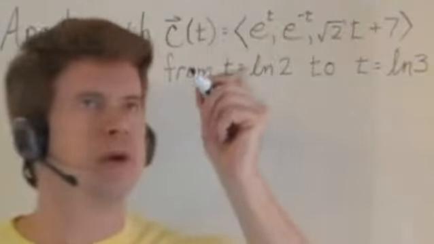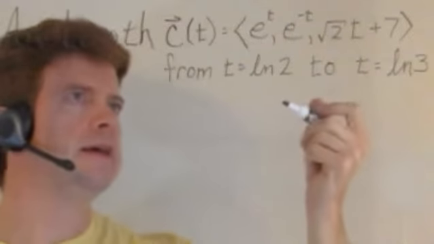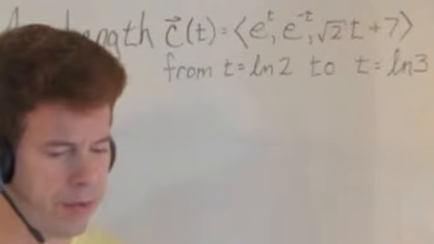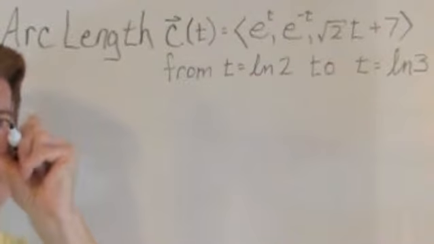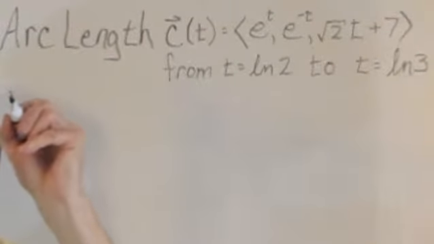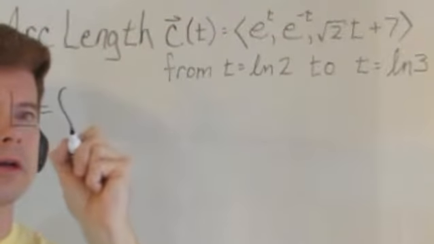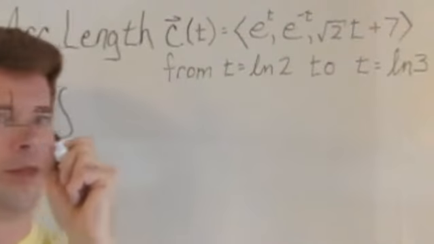We're being asked to find the arc length of this equation, c of t equals e to the t, e to the negative t, root 2t plus 7, evaluated from t equals ln2 to t equals ln3. Okay, our equation for the length then is L equals, we have to take the integral going from ln2 to ln3,